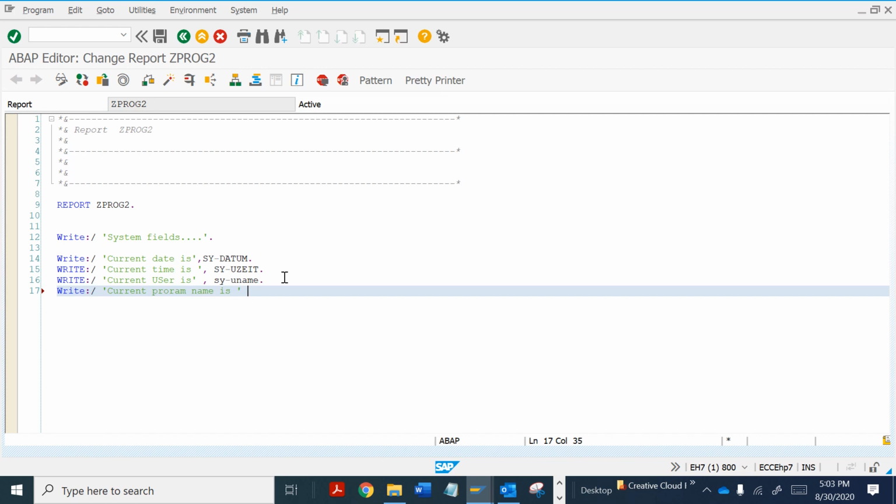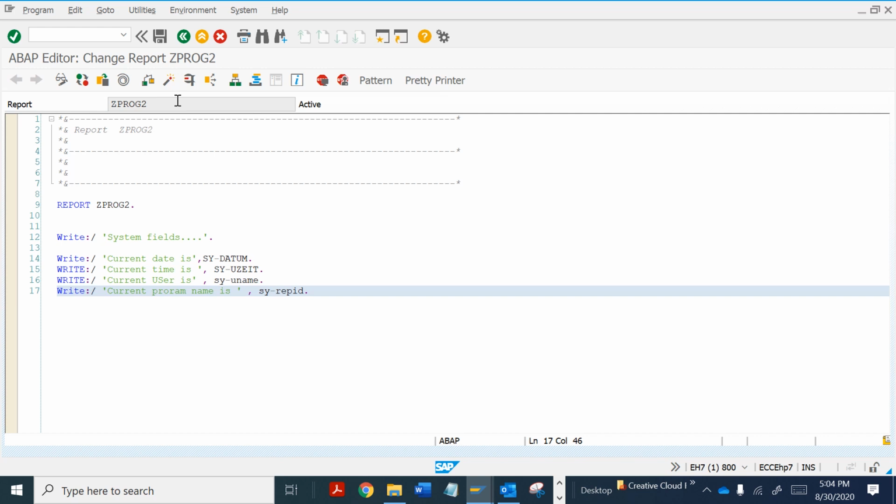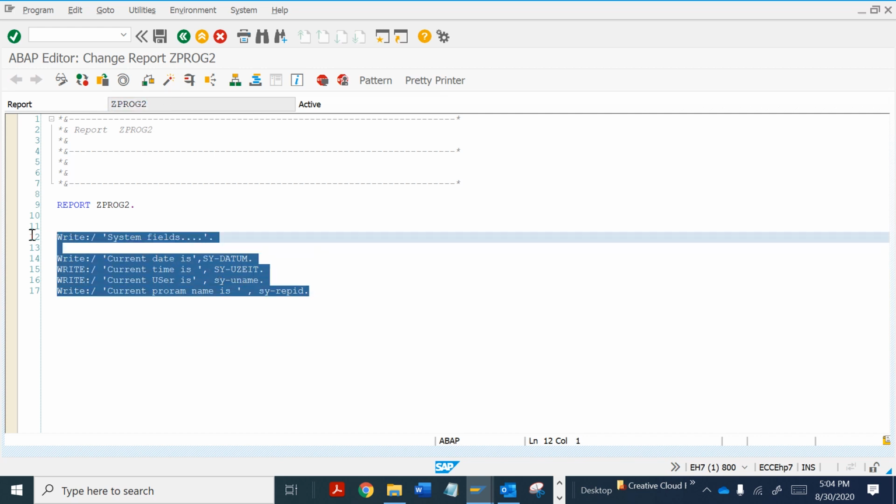We have SY-REPID. It will tell you the program name, which is ZPROC2. So we have system fields generated by SAP. It can be done like this.